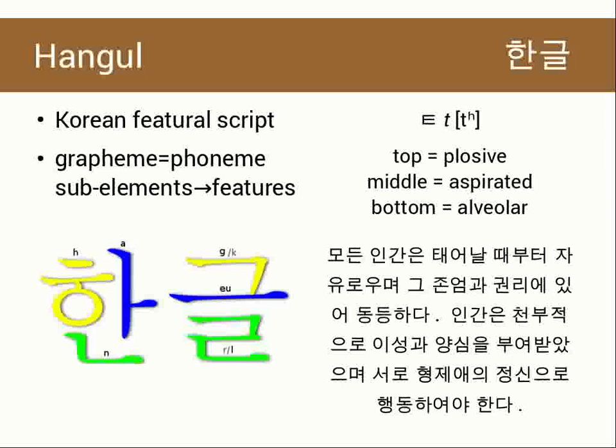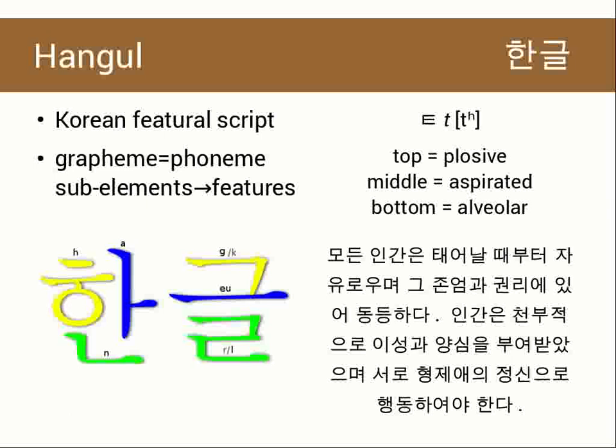Each block, each square block in Hangul is pretty much a syllable in its own right, but how its sub-elements are put together is a fairly elaborate rule system. But then each of those elements stands for a sound. The way this element looks depends on what kind of sound it is, and not in the arbitrary way of the Latin alphabet. It means that the top right example here, this symbol that looks roughly like a capitalized E stands for